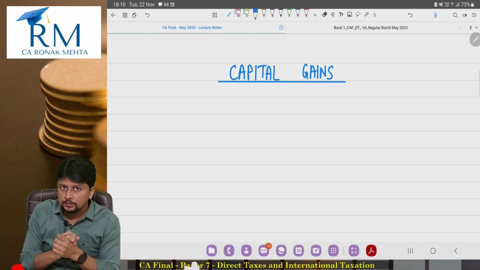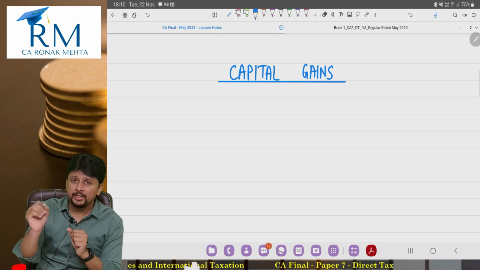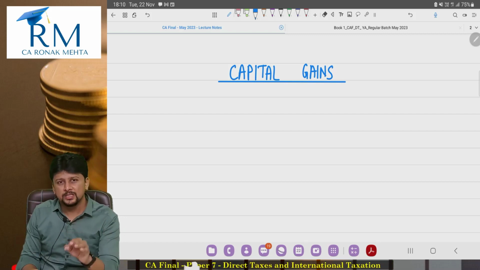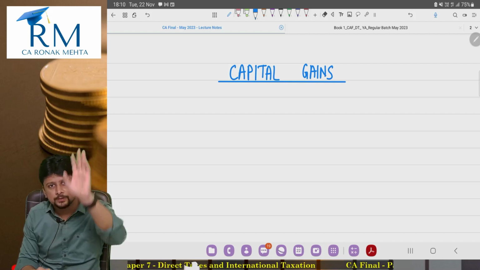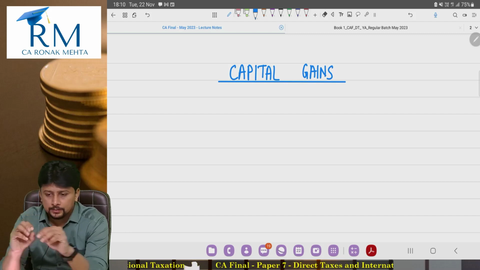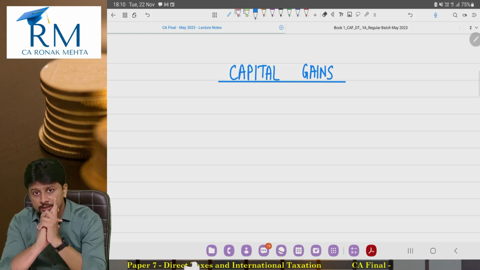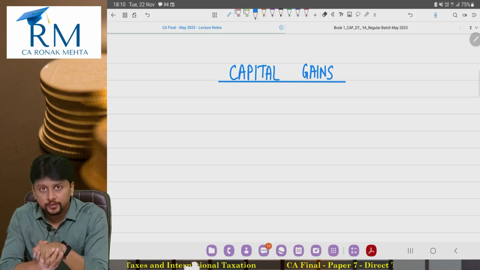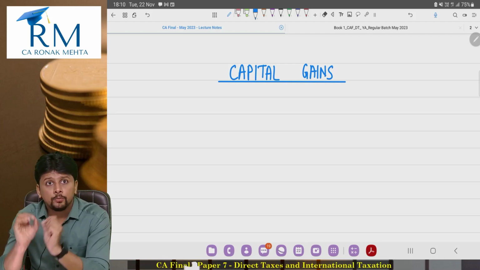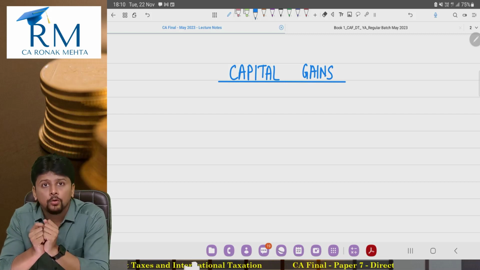question of 14 marks. The question will read compute total income, but 75% of that question will be PGBP adjustments. PGBP adjustments, PGBP case laws, PGBP section numbers, majorly from PGBP. But there will be one or two adjustments relating to capital gains, one adjustment relating to IFOS. So as a student, if you study PGBP first and then you proceed to solve questions, you must have knowledge about capital gains and IFOS and chapter 6A deductions also.